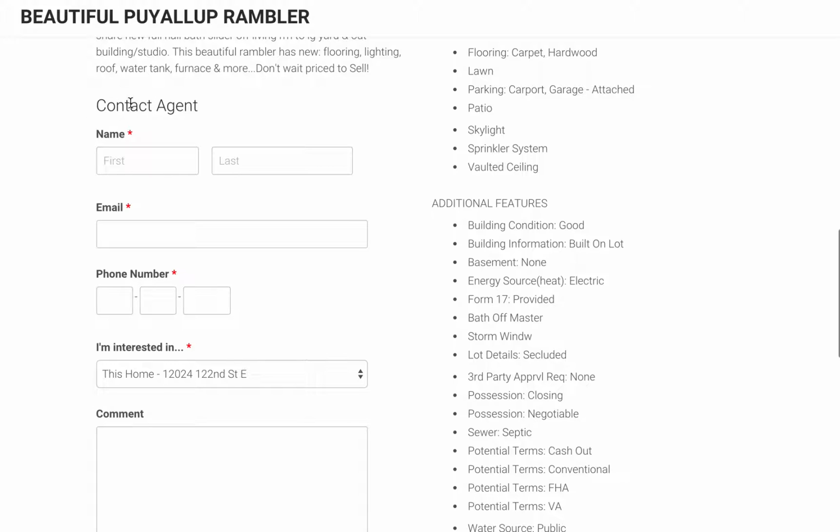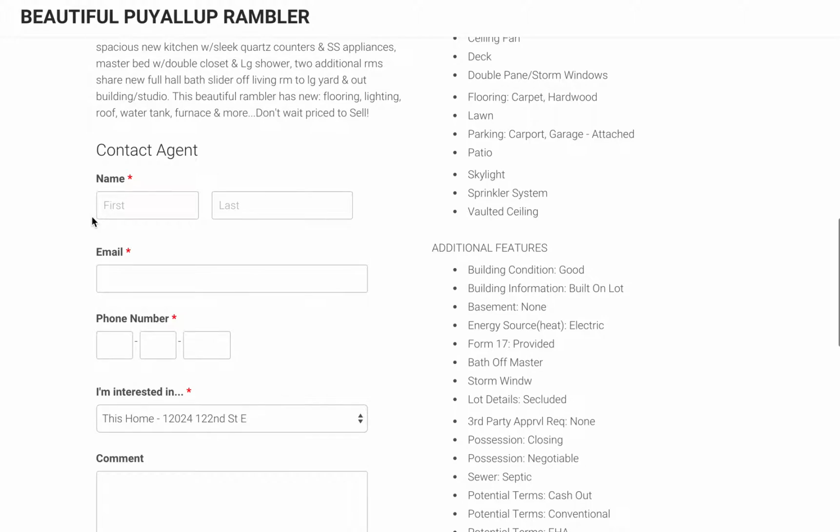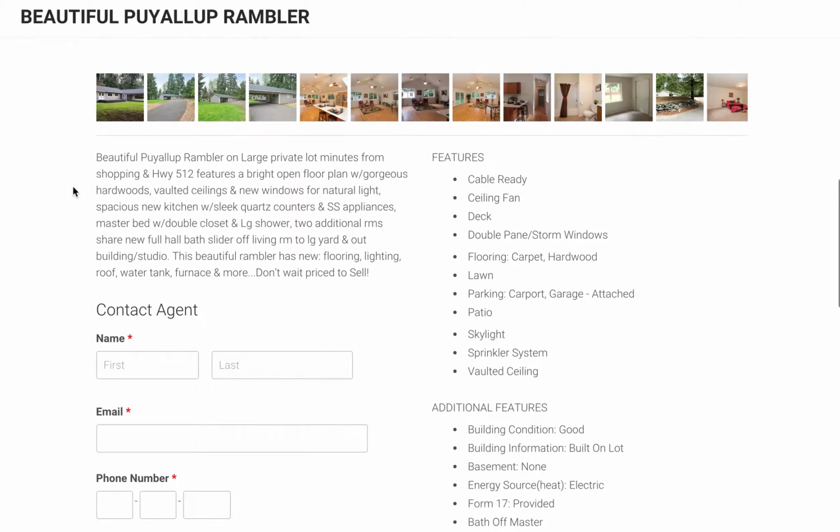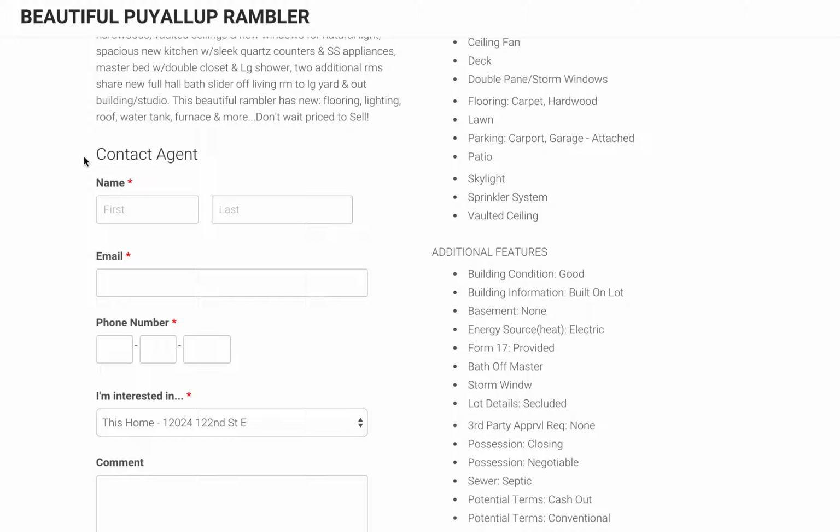But the nice thing is the agent that they will contact is the agent of the person that's actually listing this home. So that's really important, because that is actually who the majority of the buyers want to work with. They want to work with the person that knows the most information of the home that's being sold. Now, sometimes some people don't care as long as the person that they're contacting is informed about the listing as well. But a lot of times when people are paying for leads on Zillow or Trulia, they know